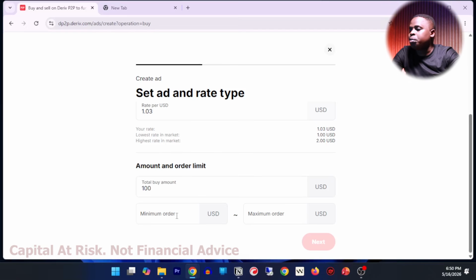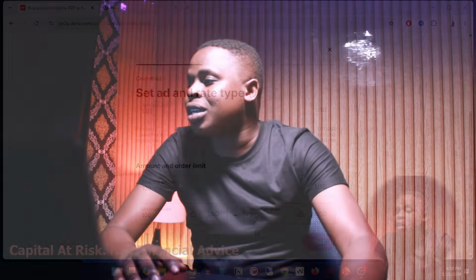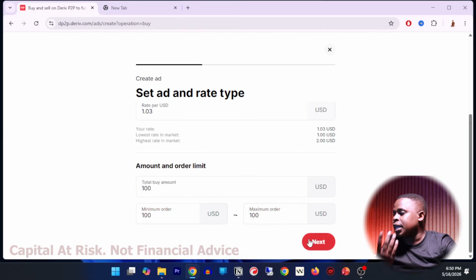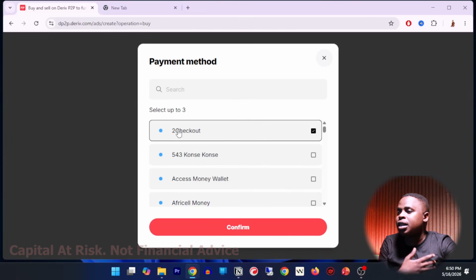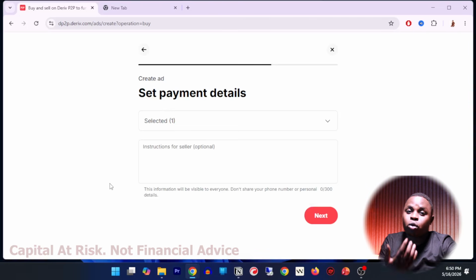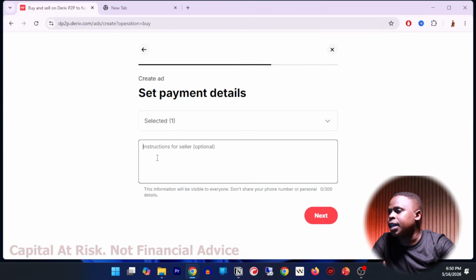So for example, I want to buy 100, and then the minimum amount that I want someone to give me is 100, and maximum 100. You can choose anyone that you want. Once I do this, the next thing that I can do is I can click next, and then I can select the payment methods that I want people to use to send to this person, and then I can add instructions right here, and then you click next,